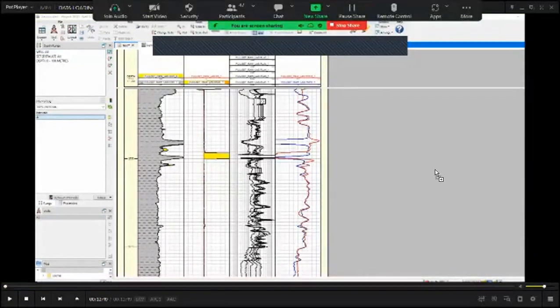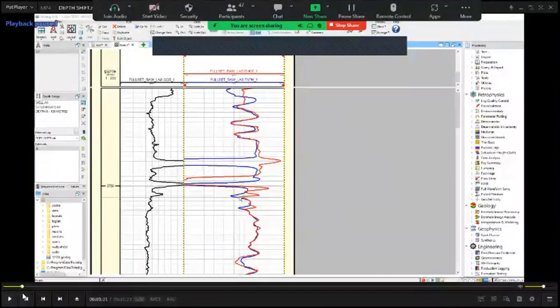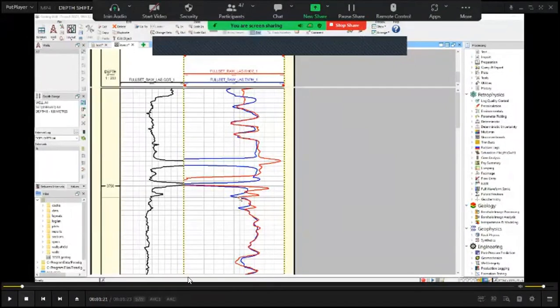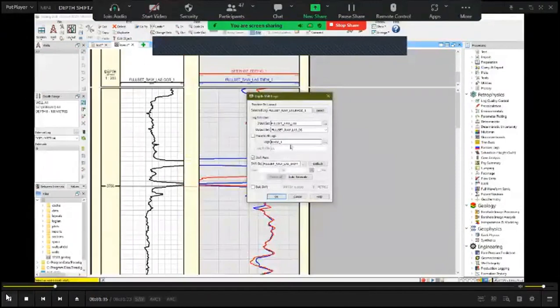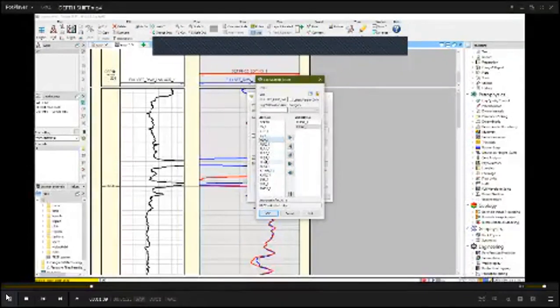Regarding my time, I want to show a quick movie about the depth shifting process, one of the tasks in the data preparation, log addition of every formation evaluation well. Here you see the depth shift process by Geolog. NFI log in this example is the base log, and we want to shift the density log and associated logs regarding NFI.